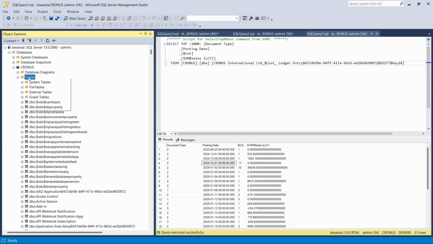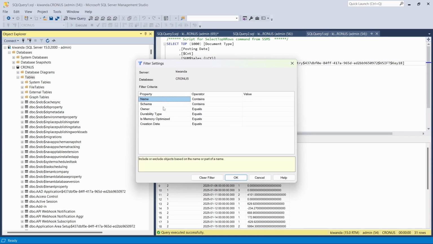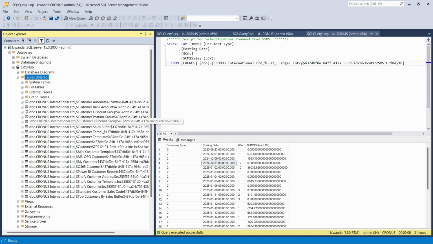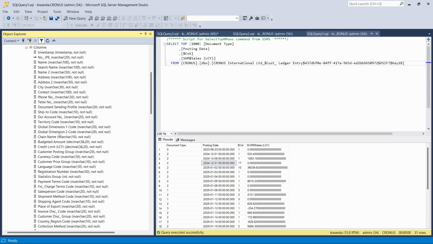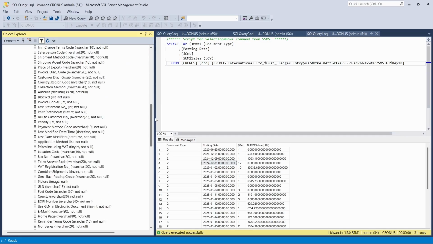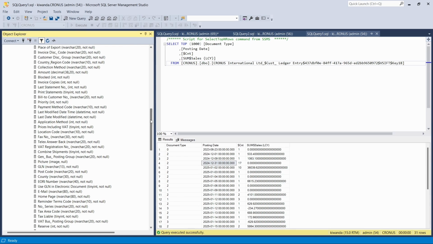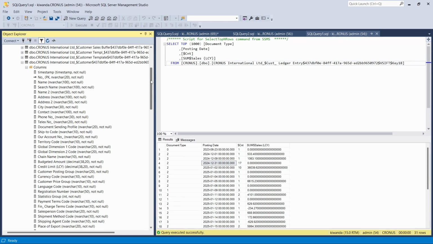If I filter this view to the customer table, we'll find that this table will be having so many columns. Think of 100 columns, all these columns. And in SQL, the moment you insert a single value for this customer table, it means even if there's a null reference, in memory, it's recognized as a value. So the more the number of columns, the heavier the table, the more time it takes for it to load